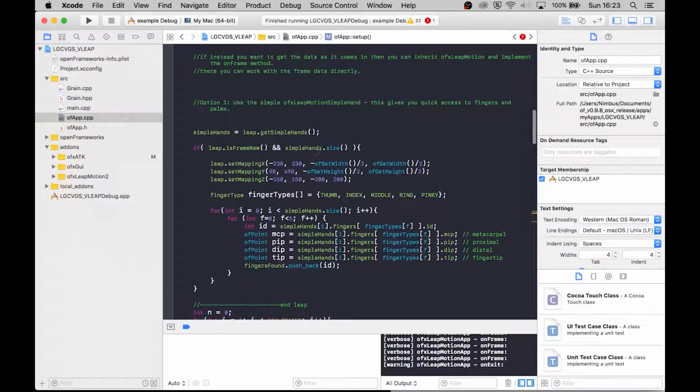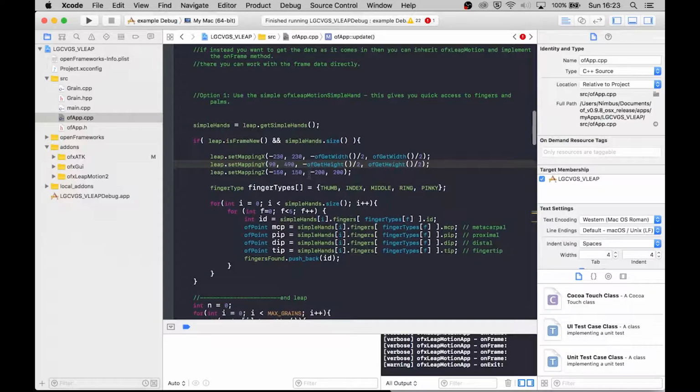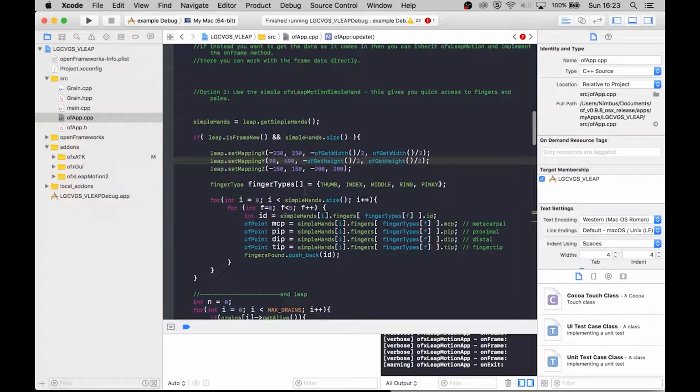If leap frame is new and simple hands dot size, so if this is non-zero, so if there are hands, set mapping here. I'm not sure what that's doing. So for each hand,